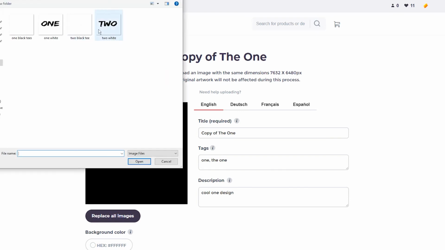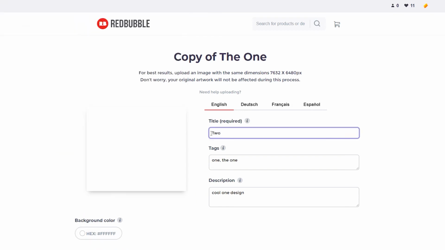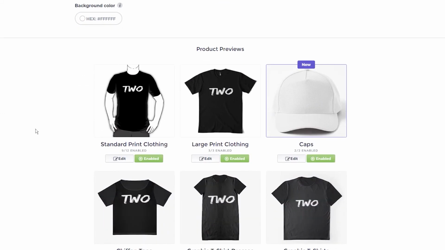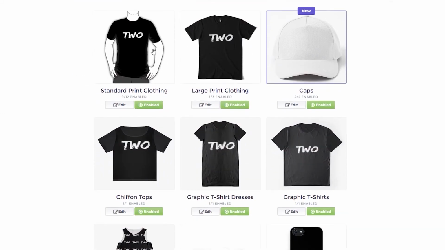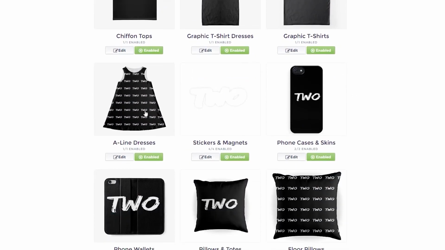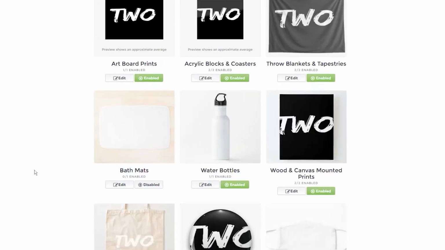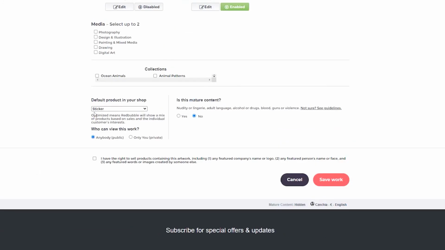But the whole magic is all the products that have been available on the previous listing are enabled also here, and all you need to do is just check the position of the design. Once you are done, scroll down and select the default product image. Select No under Is this major content section and then click the checkbox to confirm you have the rights to sell this